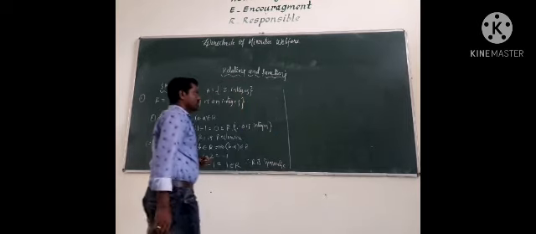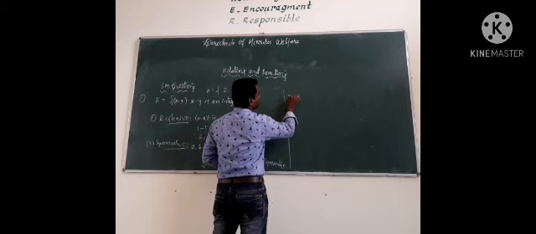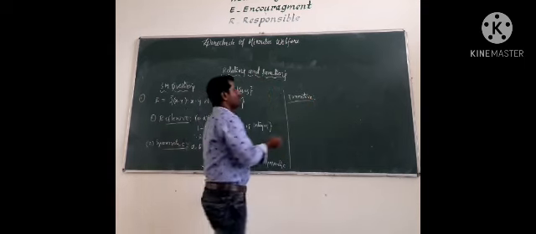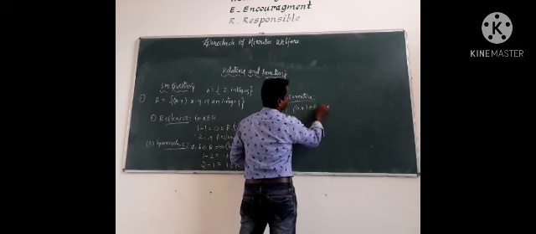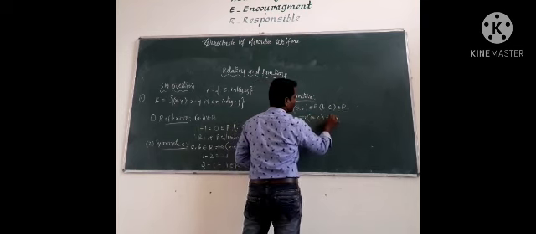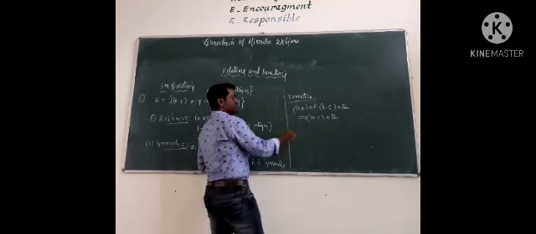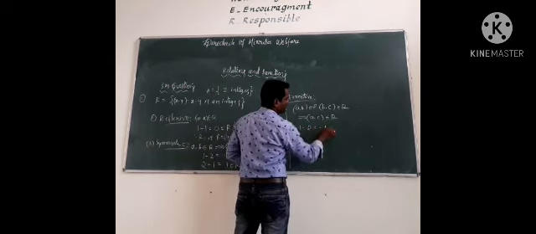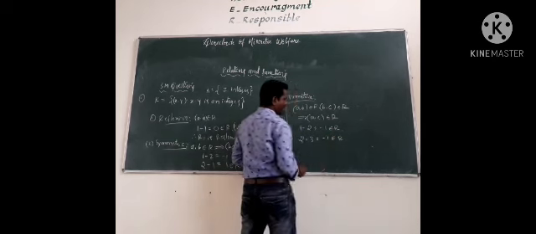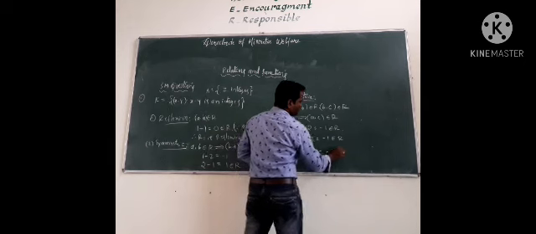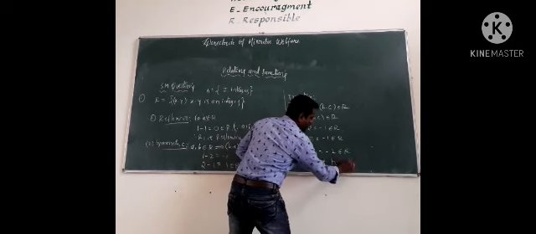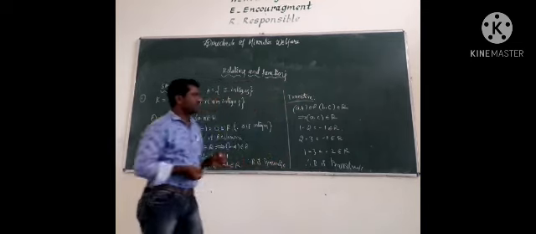Okay. Now the next, transitive. The condition: (a, b) belongs to R and (b, c) belongs to R implies (a, c) belongs to R. You can take any values. 1 minus 2 equals minus 1, which belongs to R. Next, 2 minus 3 equals minus 1, this also belongs to R. 1 minus 3 equals minus 2, which also belongs to R. Therefore, R is transitive.